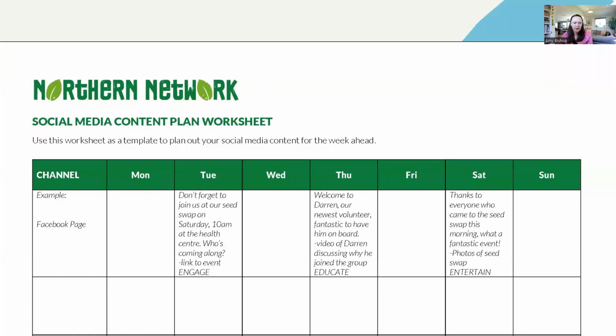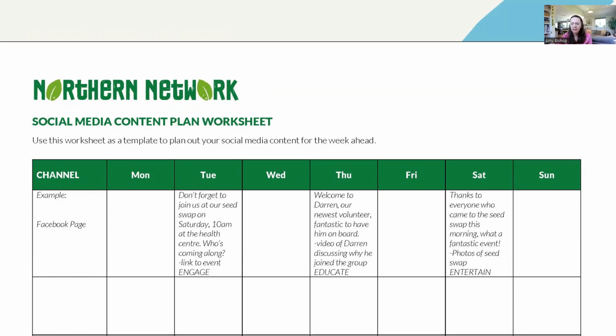hub. And first of all, you'll see that I haven't got something for every day. This is because maybe when I wrote my strategy, I decided I'd aim for 3 posts a week. But I have been sure to spread those posts out over the week. And I've got a mixture of post types and purposes. So let's take a closer look then.